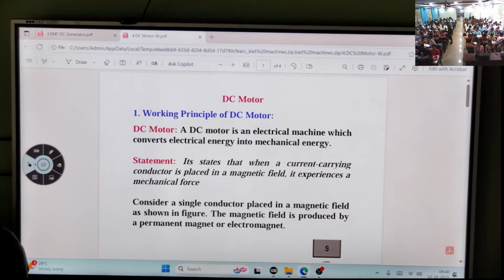Okay, so what is the principle of this one? What is the principle of DC motor? What is the principle of DC motor? So here let us consider